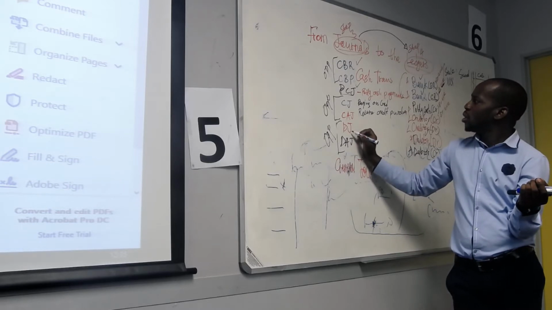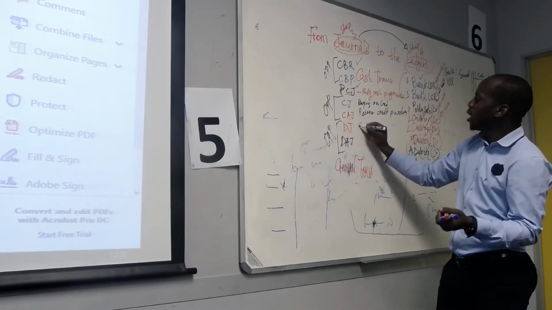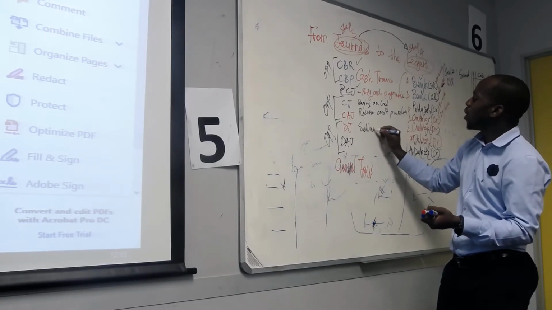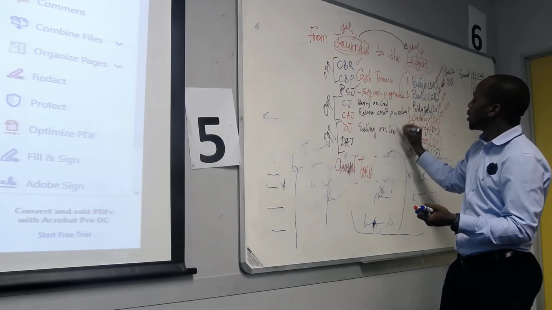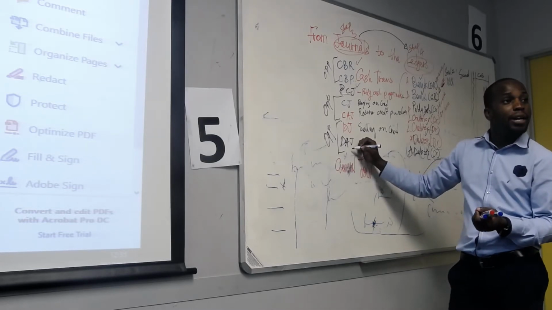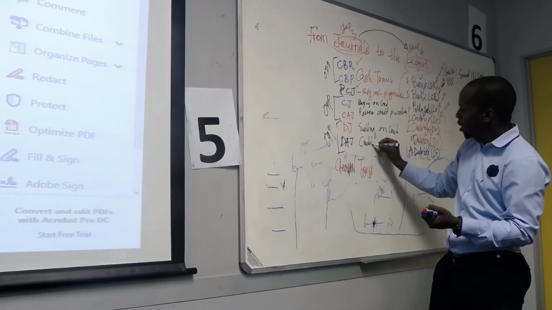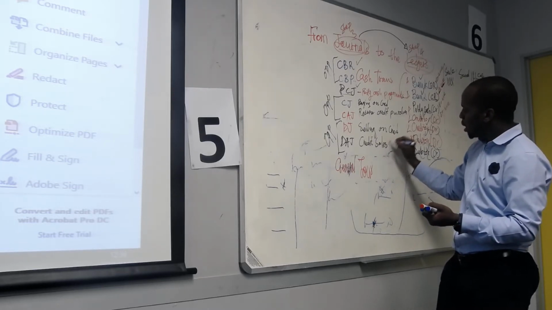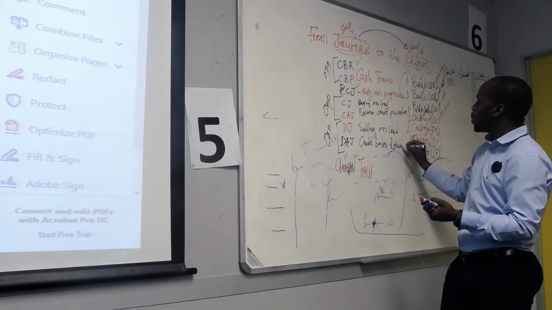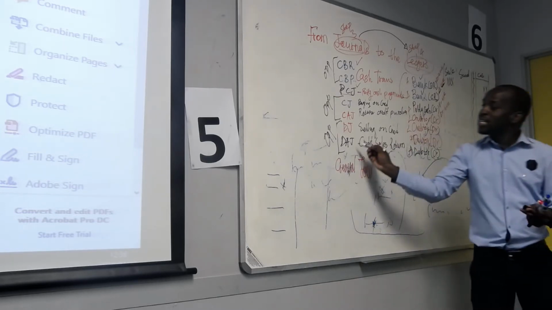And then the debtors journal. What sort of transaction is in the debtors journal? Selling on credit. And then the creditors allowance journal: credit sales returns. So we sell something on credit. If they return it, it is in the CAJ.